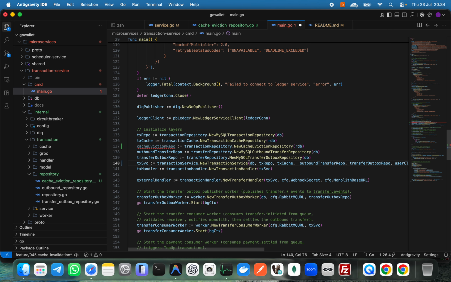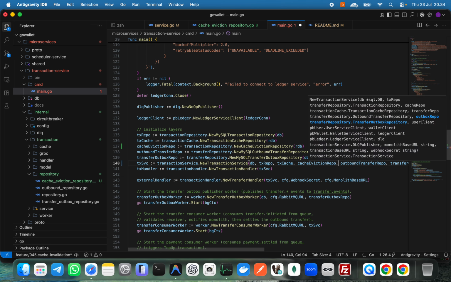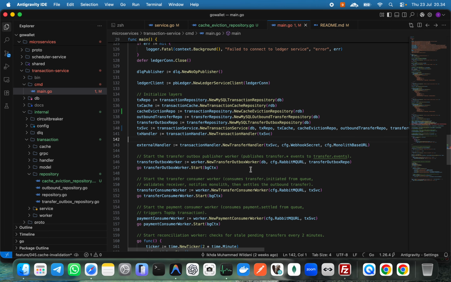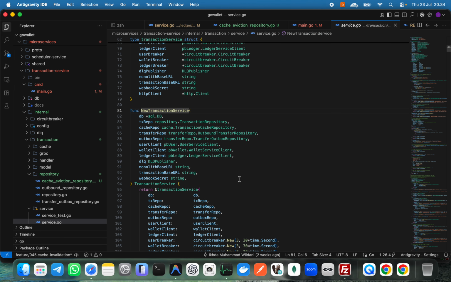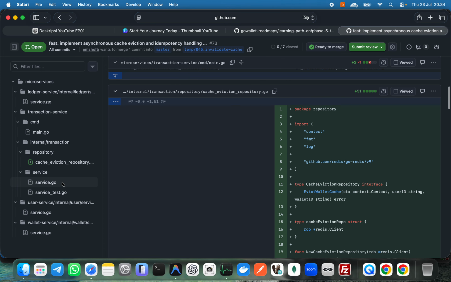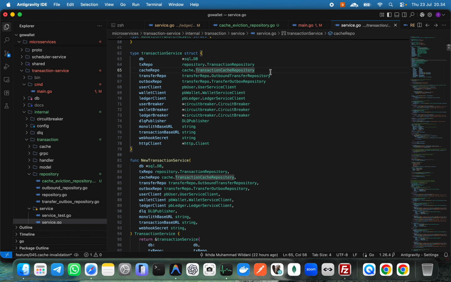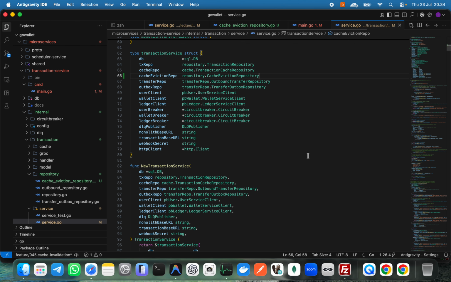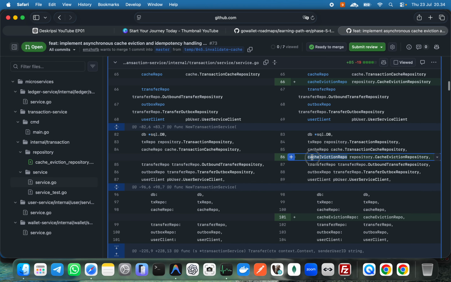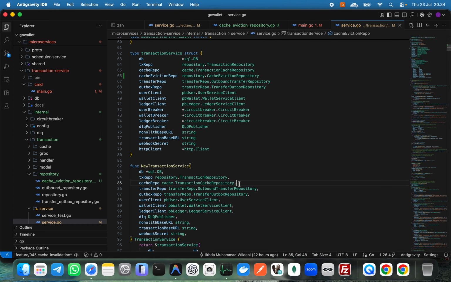Yeah, this one should be, yeah. And of course I need to change the service as well to have the cache eviction repo, with 66 here. Yeah, this one, and then the cache eviction repo as well here,